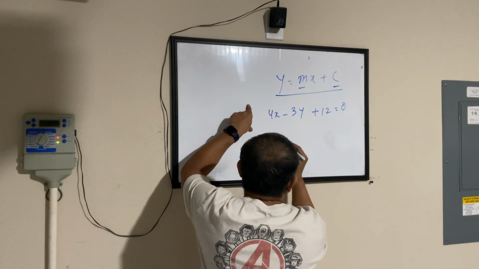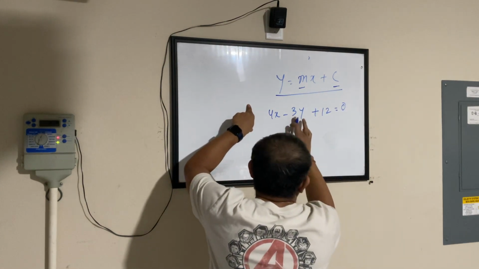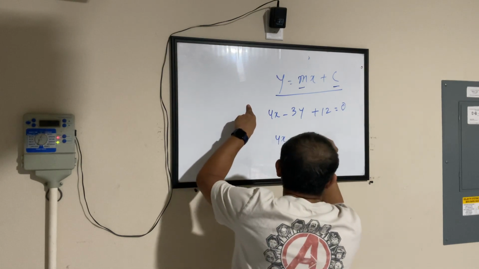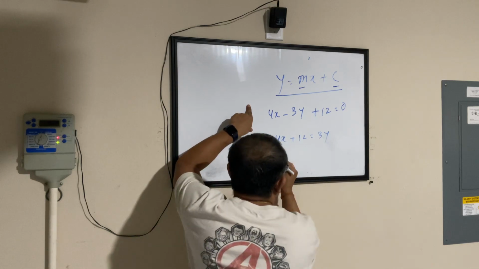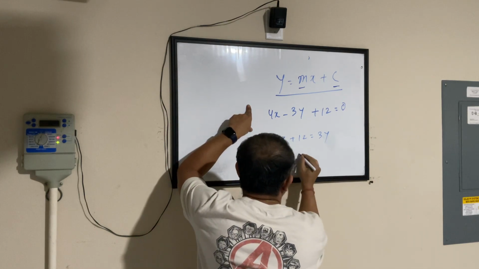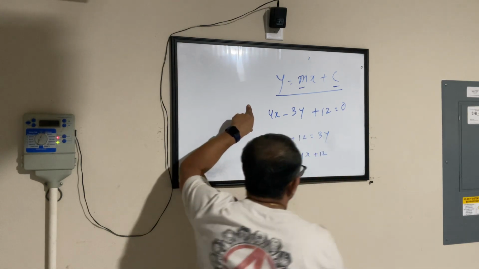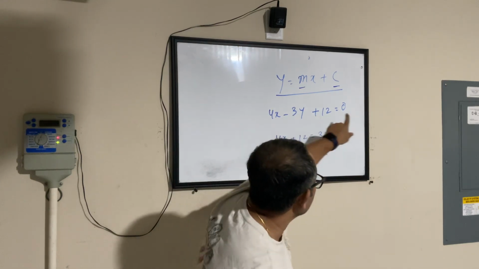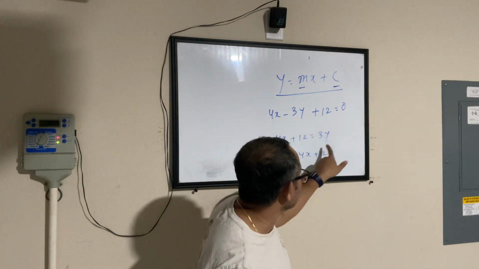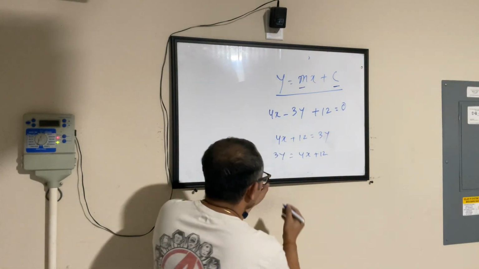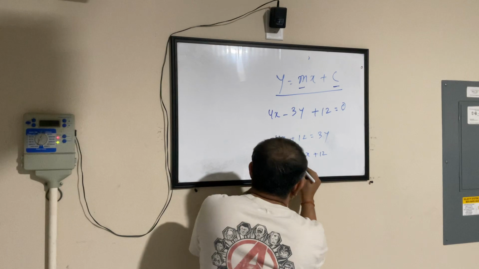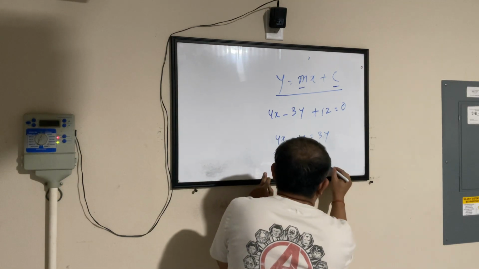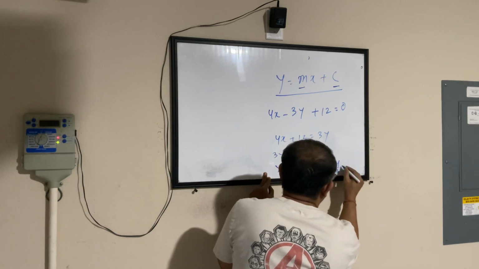Meaning keep y on one side. Move to other side so that it becomes plus. So it becomes 4x plus 12 equal to 3y, or 3y equal to 4x plus 12. I thought it was negative 4x plus... No, why? Minus 12 because you flipped it. No, I just moved this guy to other side. So minus 3y became plus 3y. That's it. So now y will be equal to (4x plus 12) by 3, which means 4 by 3 x